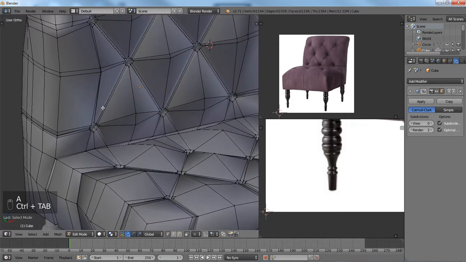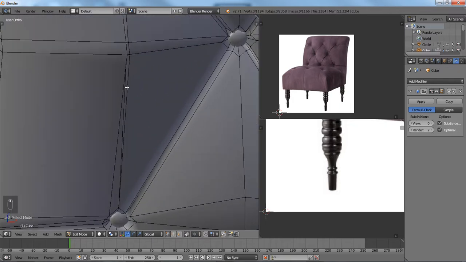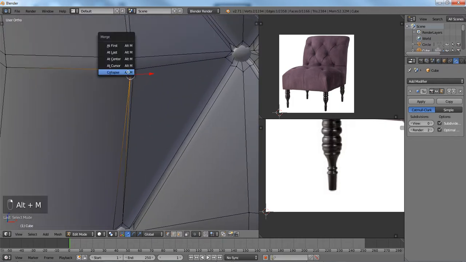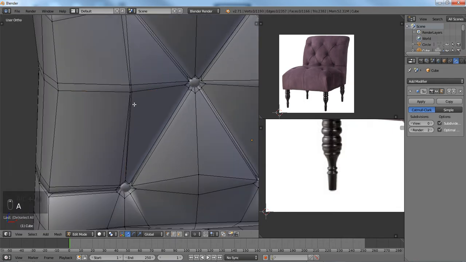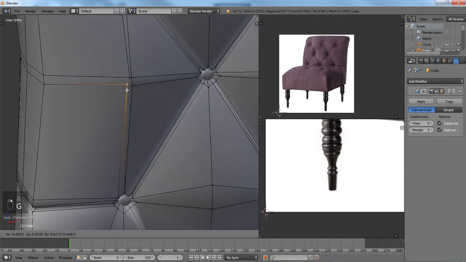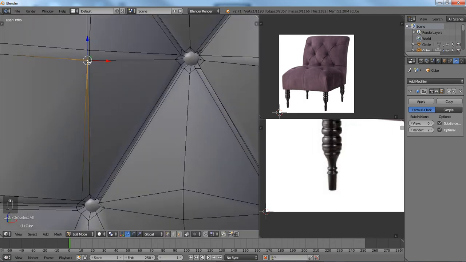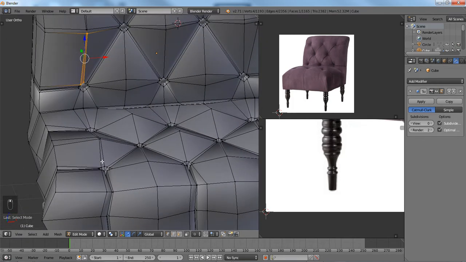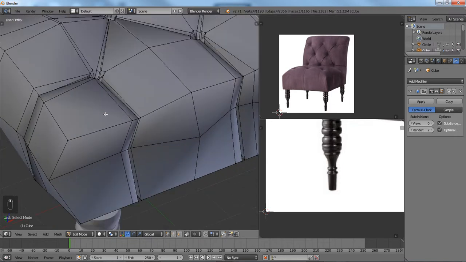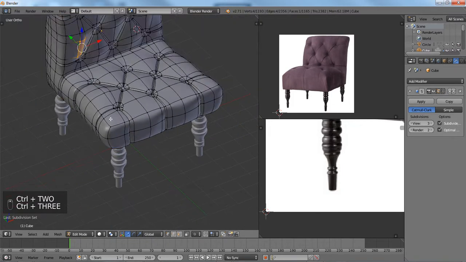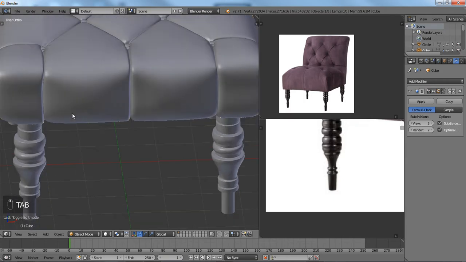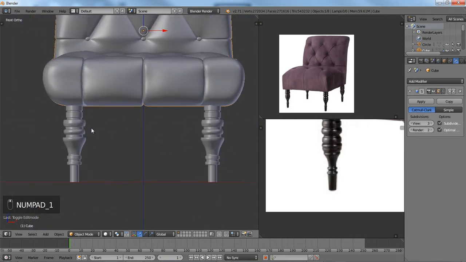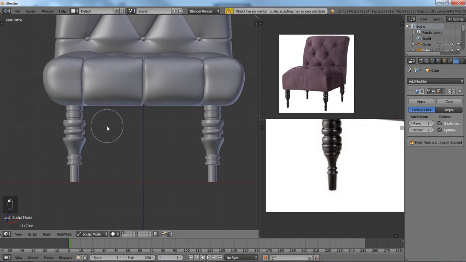Mainly what I did was I cleaned up a whole bunch of the, okay, well, I missed it. I missed one. I cleaned up a bunch of the geometry. Okay, that's a triangle. Alt J that, turn that into a quad. But yeah, so what I did was I pretty much added the extra creases that you see down here. Added these extra creases. And I mainly just used